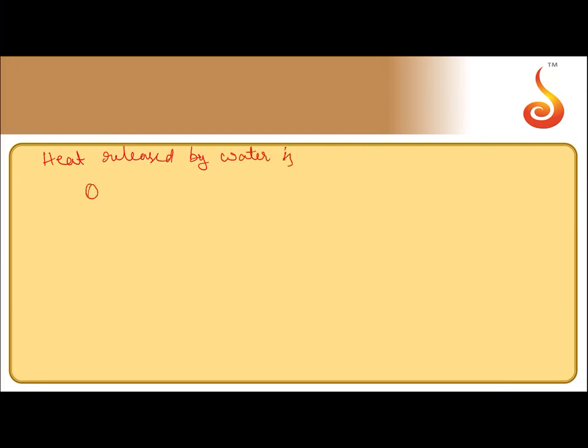So, heat released by water is Q is equal to ms delta theta, that is equal to 5 kg of water, that is 5000 grams. Specific heat of water in calories is 1 calorie per gram. Change in temperature is 15. So, this turns out to be 75,000 calories. This much heat is released by water. Latent heat of ice is 80. So, due to this released heat, mass of ice